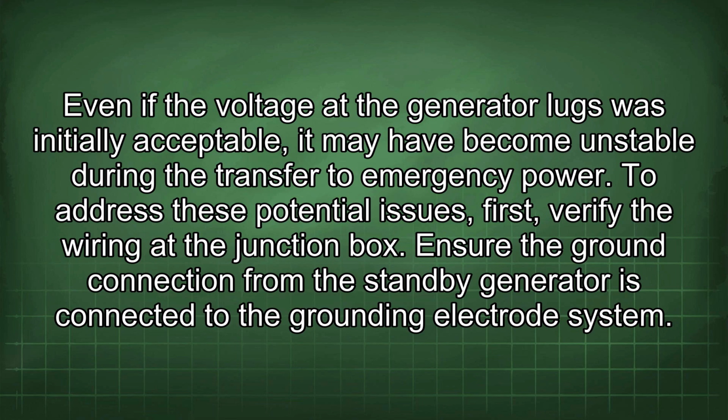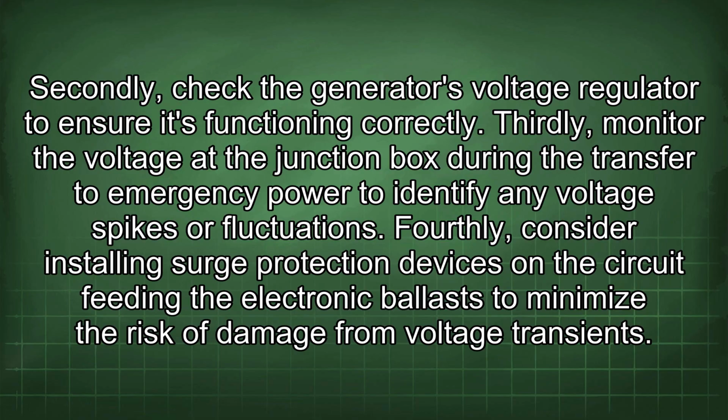emergency power. To address these potential issues, first, verify the wiring at the junction box. Ensure the ground connection from the standby generator is connected to the grounding electrode system. Secondly, check the generator's voltage regulator to ensure it's functioning correctly. Thirdly, monitor the voltage at the junction box during the transfer to emergency power to identify any voltage spikes or fluctuations. Fourthly, consider installing surge protection devices on the circuit feeding the electronic ballast to minimize the risk of damage